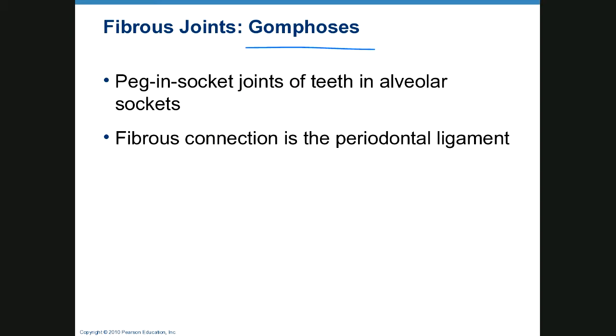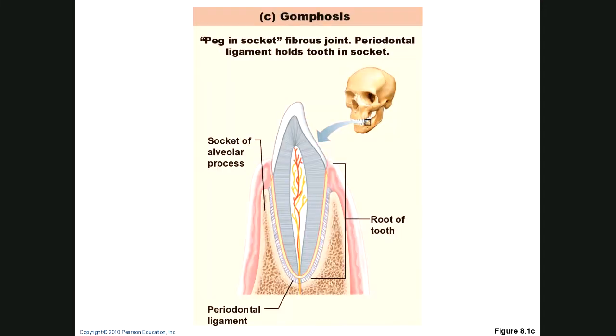Gomphosis: most people don't think about a tooth as being a joint, but it actually is. It's a peg and socket joint called a gomphosis. Here's your enamel, your dentin, this is your root canal, and you have a periodontal ligament here that holds the tooth to the bone. And then here you have your gingiva, which is actually the gum, and the periodontal ligament securely holds the tooth in